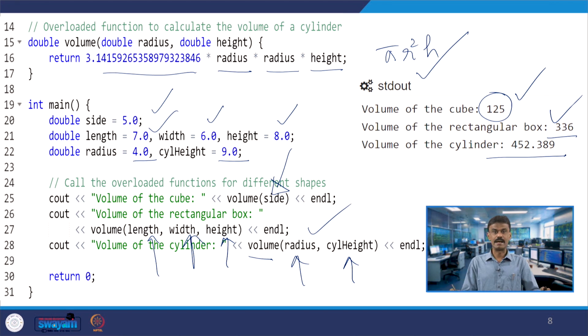From these examples, it is now very clear that when you are using the same function name more than once, it has to be different, either in the arguments. For example, in the last two programs we have seen, the number of arguments are different, right. If the number of arguments are the same, their data type should be different, alright, also the return type. So, we have to be very careful about these things, alright.